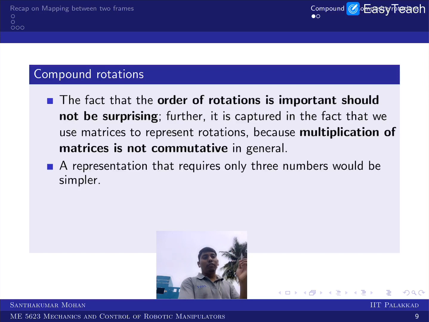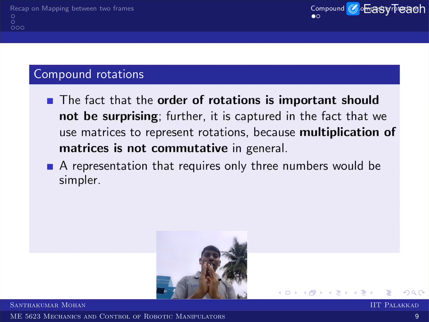So in the sense there are several forms. I already told you, one is with respect to the fixed frame, the other one is with respect to the moving frame or the body frame. Whenever you are doing the body frame, you have to post-multiply the matrix. Whenever you are doing the fixed frame rotation, it is pre-multiply. Why is it so? It is something like you are standing here and moving forward, that is the moving frame. You are adding the box one by one, whereas with a fixed frame you are always standing here and manipulating one by one. So you have to pre-multiply. This is the case.